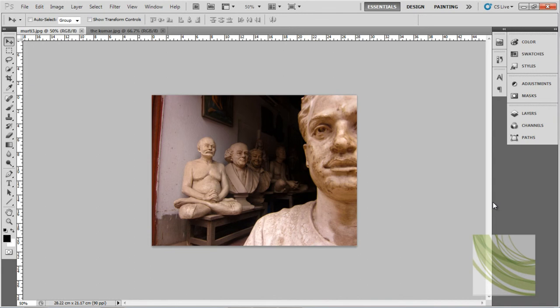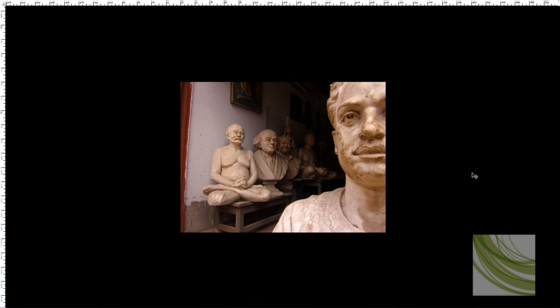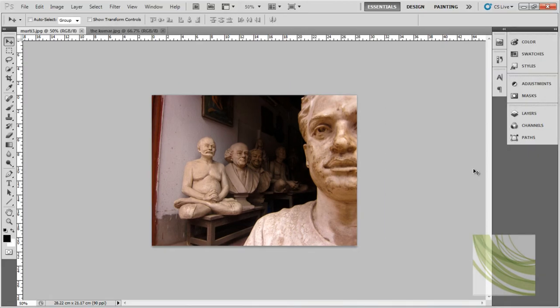So Shift Tab and Tab are two important things, and whenever you want to see a full view, that is a very good way to work. Another full view available in Photoshop is by pressing the letter F on your keyboard. When you press the letter F for the first time, the tabs are gone. If you press F the second time, then you get the whole blackout view. Now this is very good, because if you want to see your final work, then this is a good option, because then you will not have any other distraction. You just have your ruler and the whole black background, and then you can see your image. So press F again, and it will bring us back to the original view.